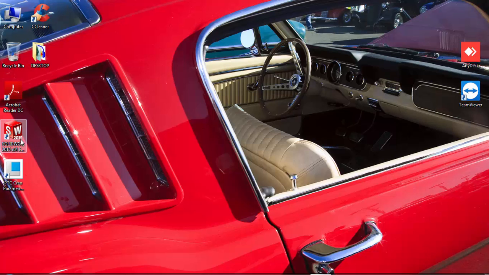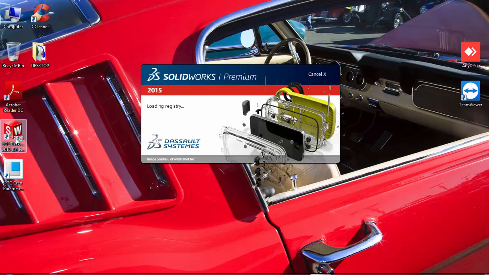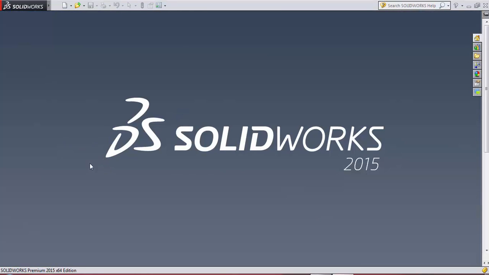Here I am going to explain about SolidWorks. Just double click on the SolidWorks software icon to open the software. The window gets opened. It is the logo of SolidWorks software. What is SolidWorks? It is a 2D and 3D modeling software like CAD and CAE. It was developed by Dassault Systèmes in the year 1995. Here I am using the 2015 version.